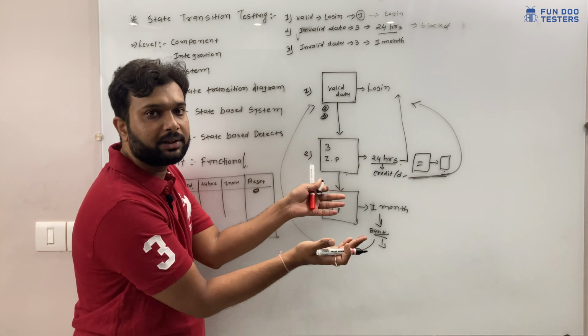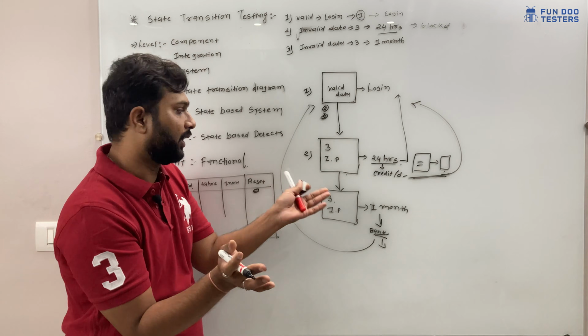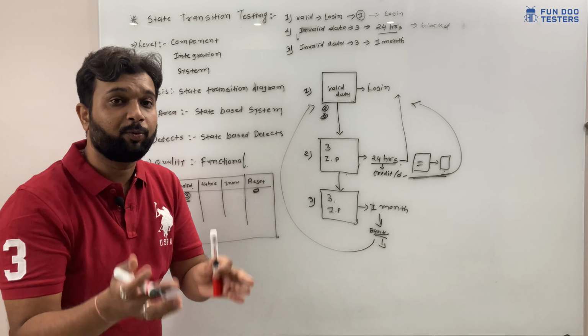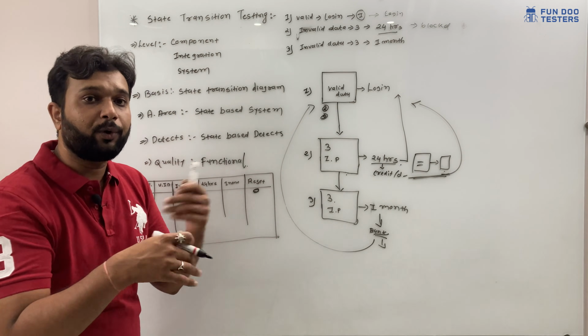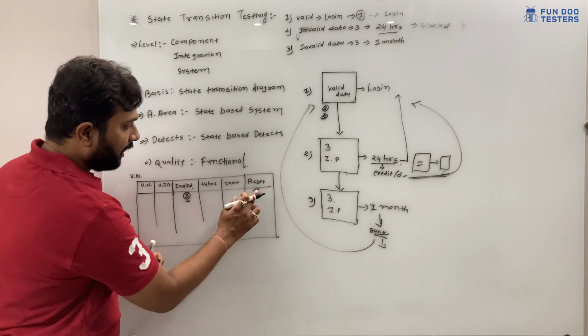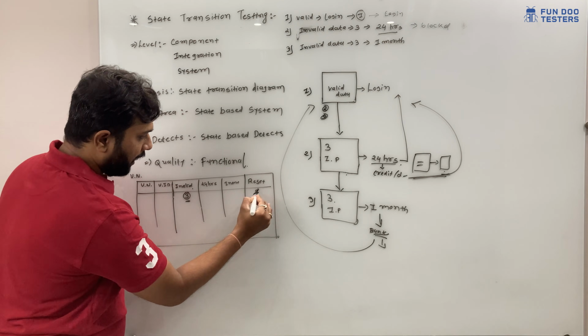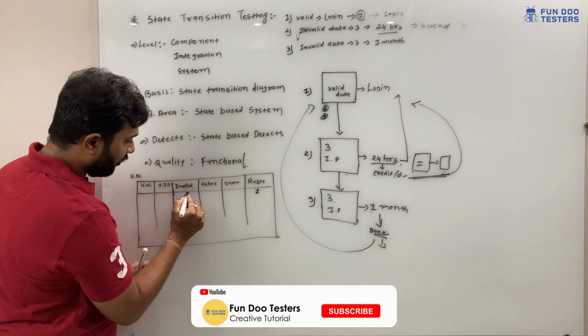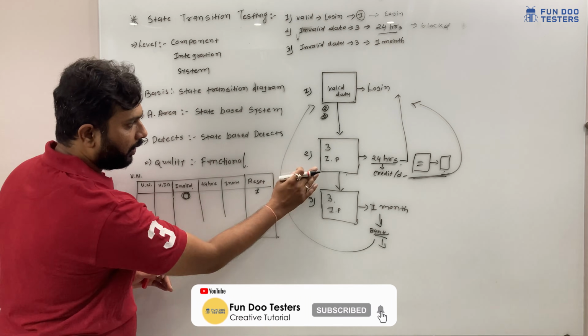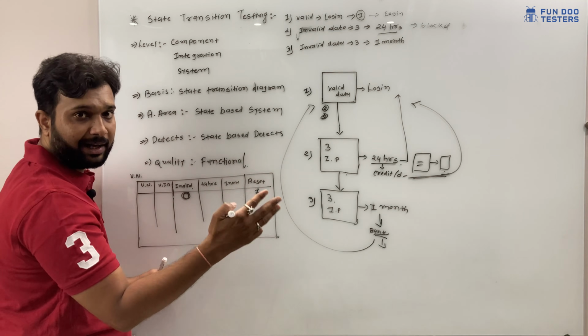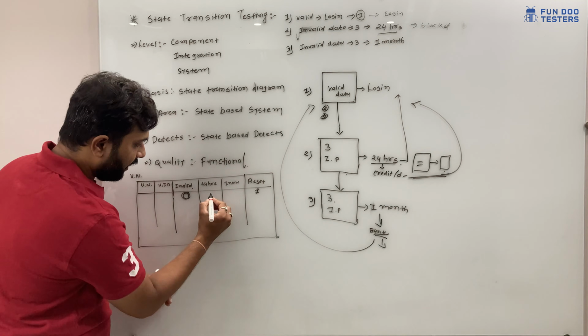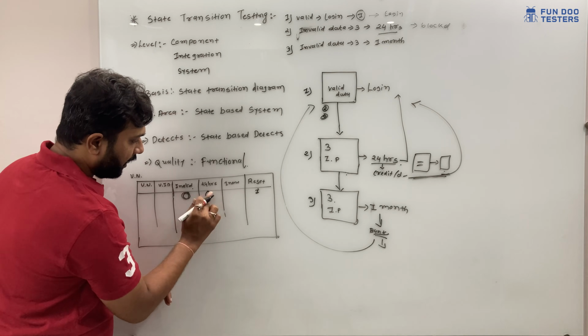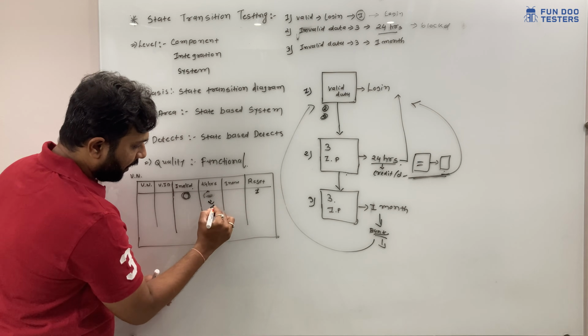It is not going to change the state, and we cannot do anything unless we enter valid data. And the logic will be, if we enter valid data, then this will become a 1, and this value will reset, and again this value will be a 0. So like that it will work. If I'm in this state and I try with 3 invalid data, then again the counter will be 1, then it will become 2, and it will become 3.